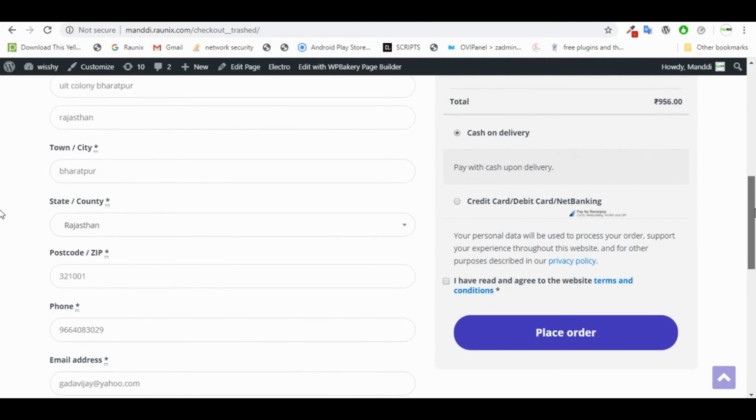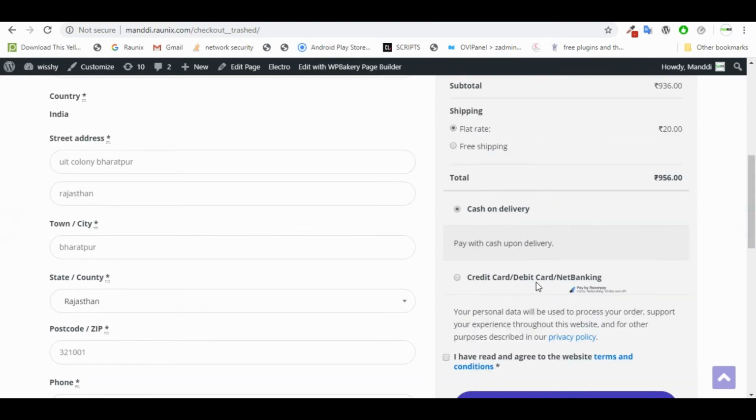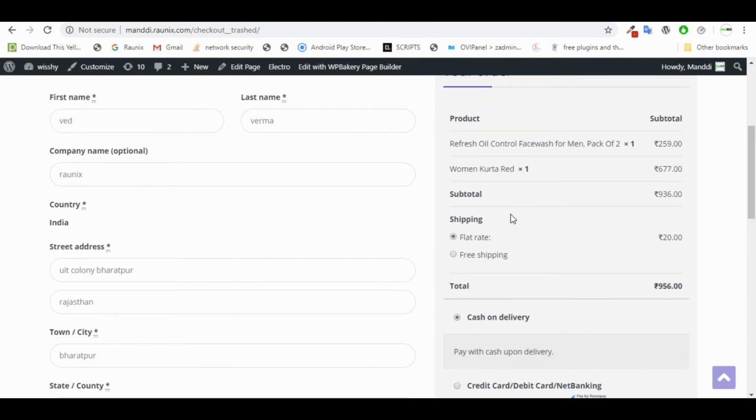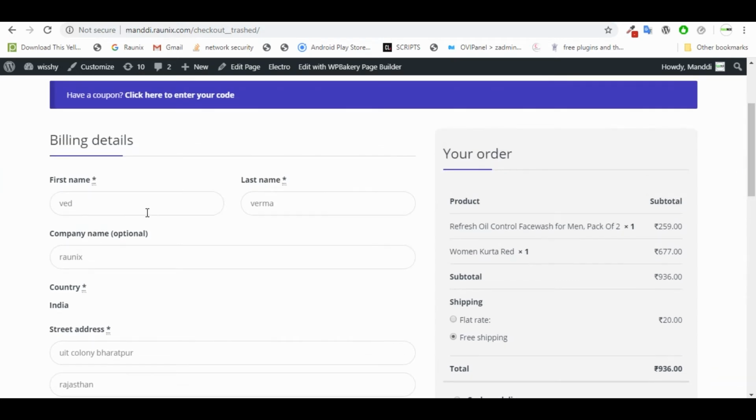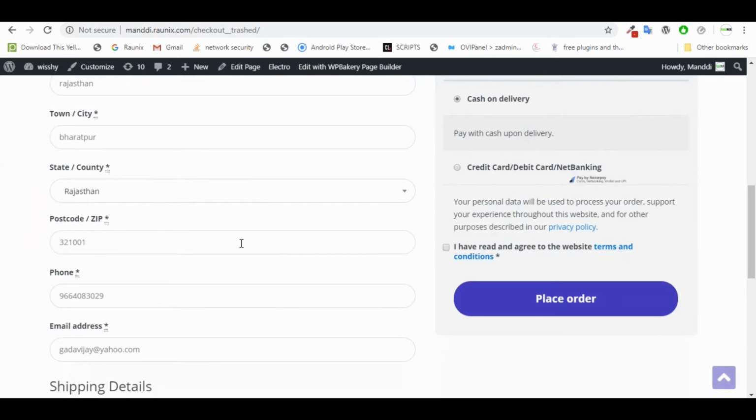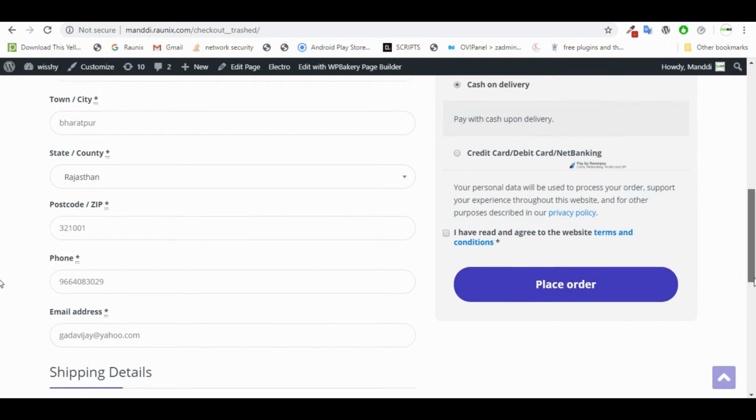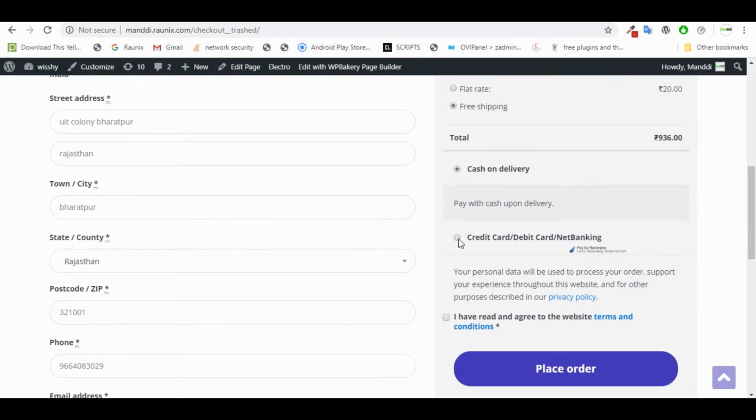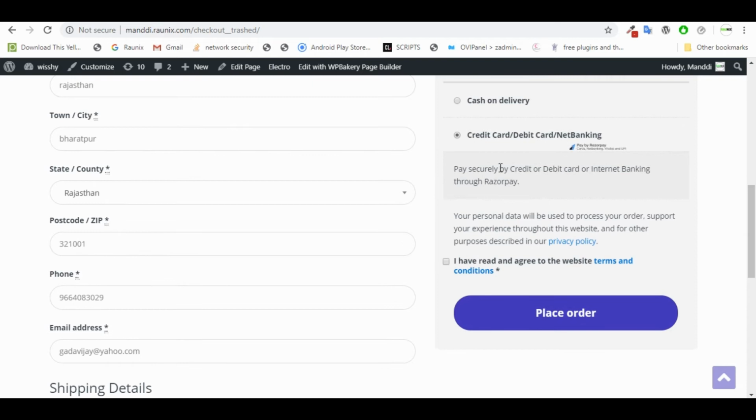Now as you can see, these are the details your client needs to fill, and this is the delivery charges. If you want to provide your client free delivery only till 1000 rupees or something like that, you can do that with this website. Our consultant will help you completely with how to do that. So as you can see, your client can enter all this information, and after that they can either pay by cash on delivery or go by the online payment system. They will need to click here to agree to the terms and conditions and click on place order.